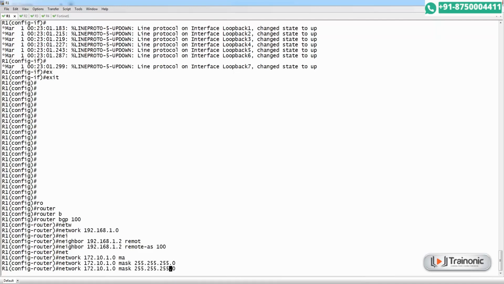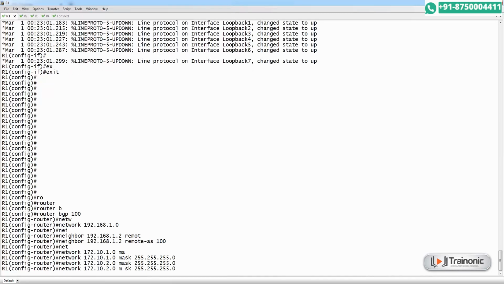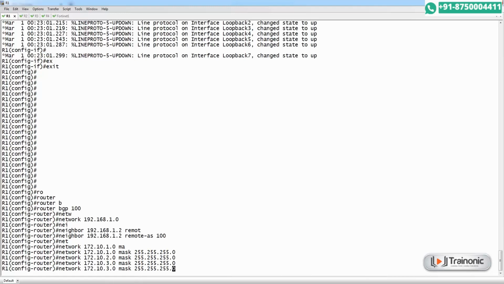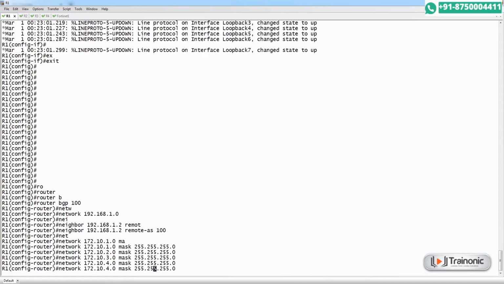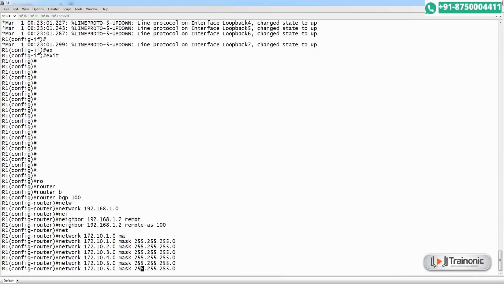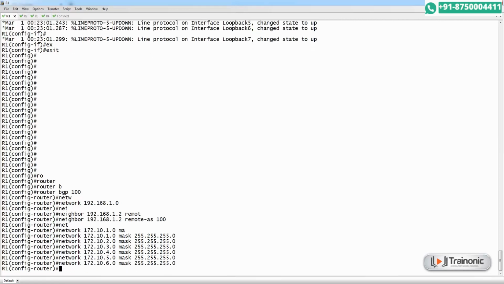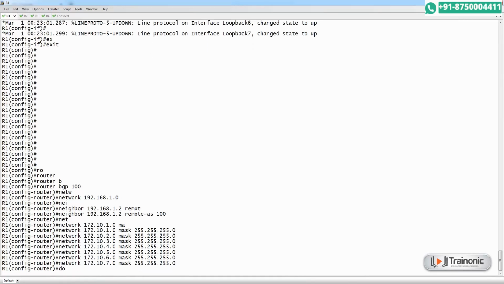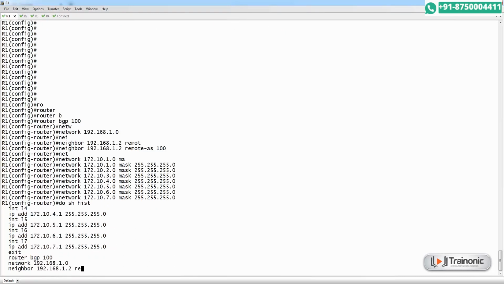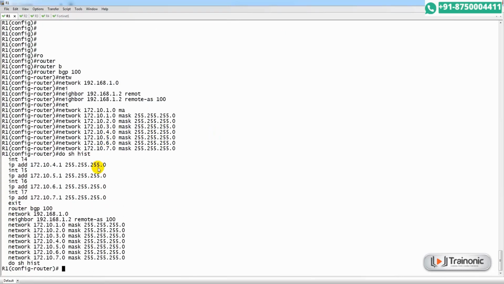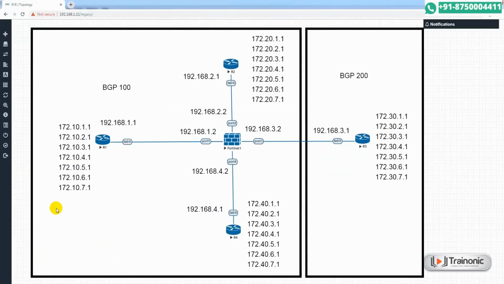Then network 172.10.1.0 and its mask 255.255.255.0. Then we need to configure other networks: 2, then 3, then 4, then 5, 6 and 7. Done. Do show history.